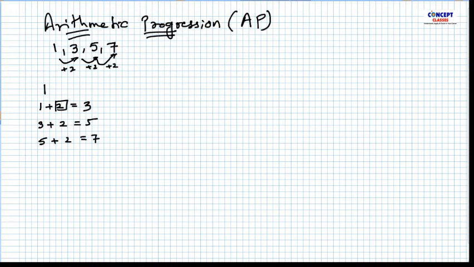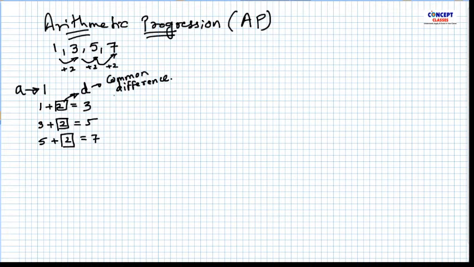What is the common thing that we are adding here? 2. Remember, I will denote my first term by a letter, say A, and the 2 I will denote by the letter D, and we will call this the common difference, because it is common, right? We are adding it. Now, why are we calling it a difference here? You will understand once you go through the lecture, so just wait for that part.